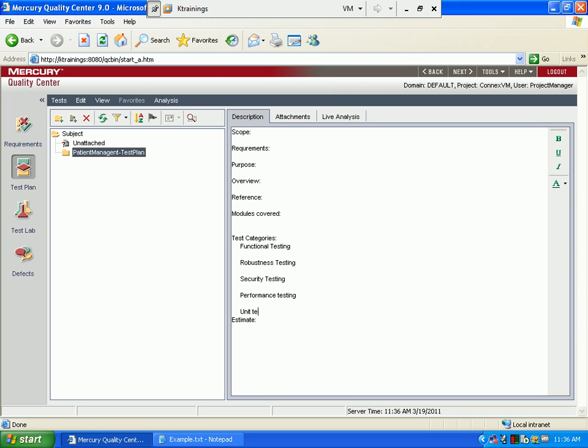We know the indexes, right? What to write in the test plan and what to write in each section. Unit testing, so these are the things that we are going to do and not do. What are the verification methods you are going to write? What is the risk